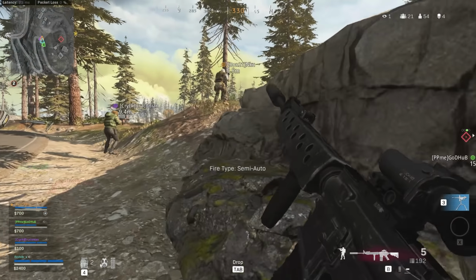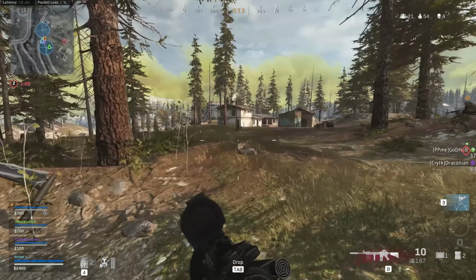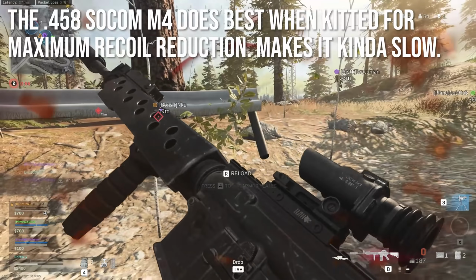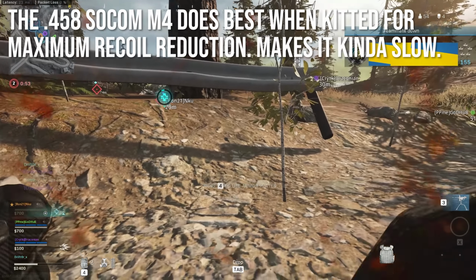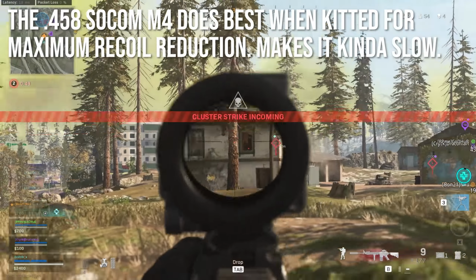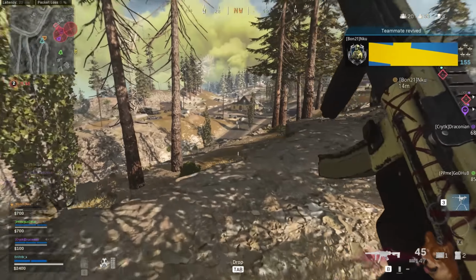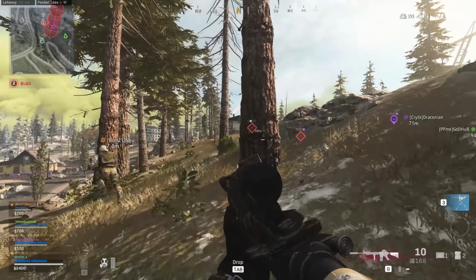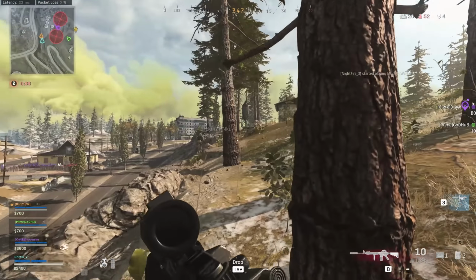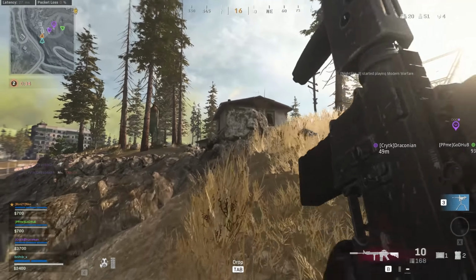Based on my gameplay experience and the suggestions of the couple hundred people in the Twitch chat, I noticed that the 458 SOCOM M4 does best when kitted for maximum recoil reduction. I basically put on a big heavy barrel, Grenadier or Corvus, whichever poison you guys want. I do put on the monolithic suppressor instead of something like a compensator, but then I'm doing pretty much everything I can to reduce recoil on this weapon and make it very lasery, which definitely helps my long-range engagements. It helps me control it a lot better in full auto, but